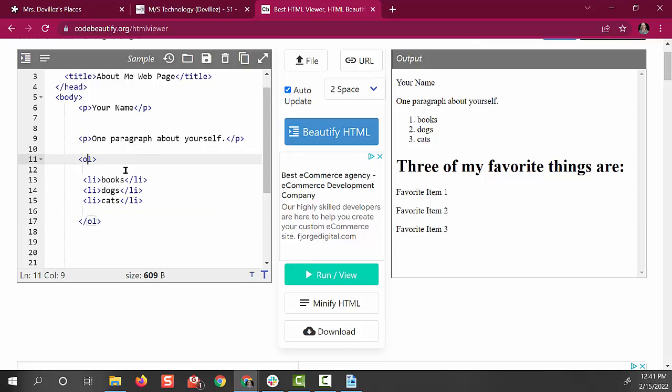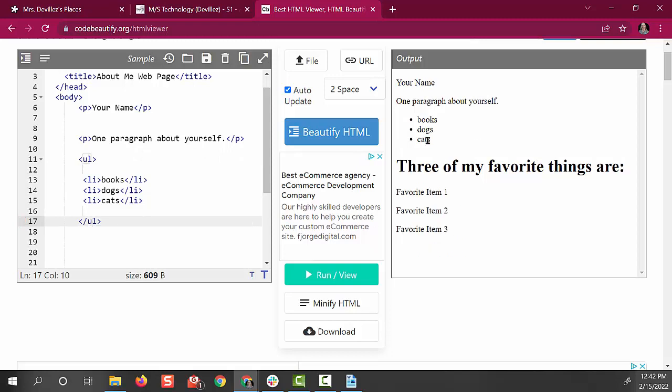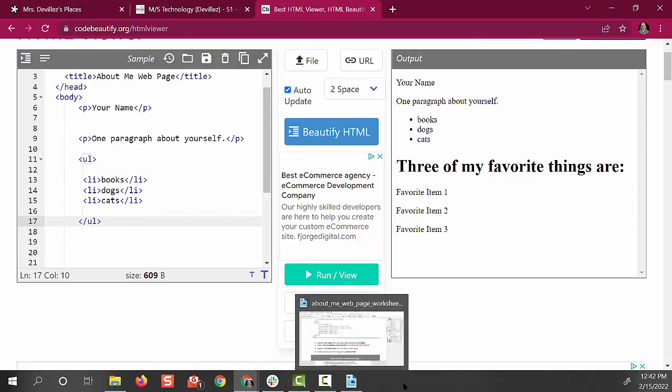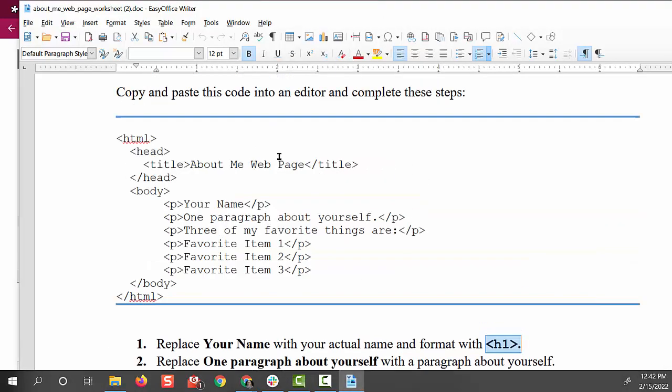Now see if I change that OL to a UL, everything else except the opening and closing tags would stay the same. You can see that now that change in the code took away the numbers and just put bullets in its place. Okay, so going back to recap, you're going to copy and paste this code from the worksheet into your